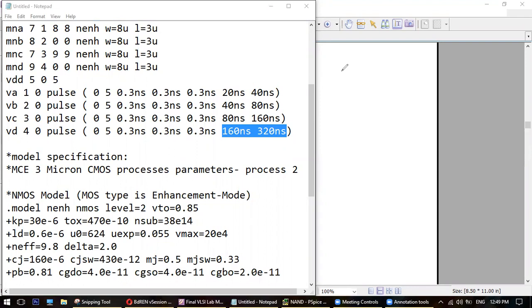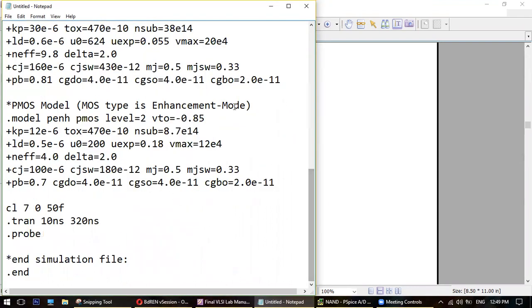So that is the amount we want to see. Here you can see the highest time. That means transient analysis will be 320, the highest time, because if you give less than 320, some of your graph will be cut. Some of your graph will not be visible.